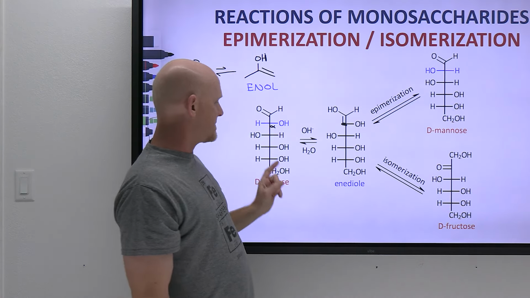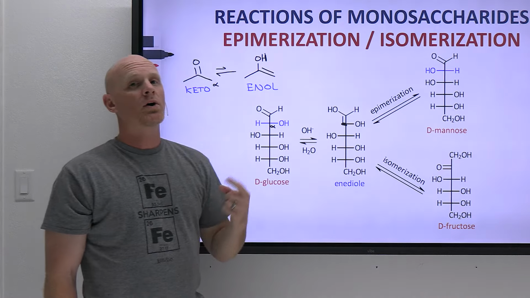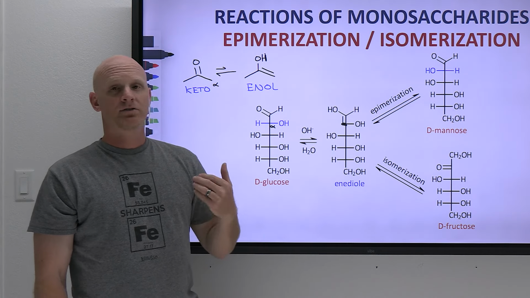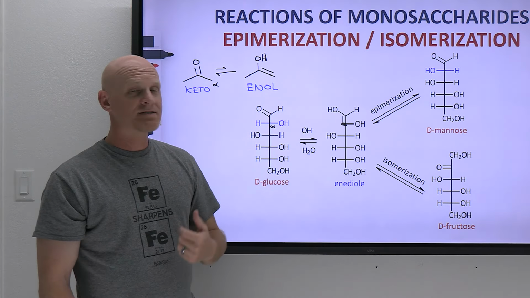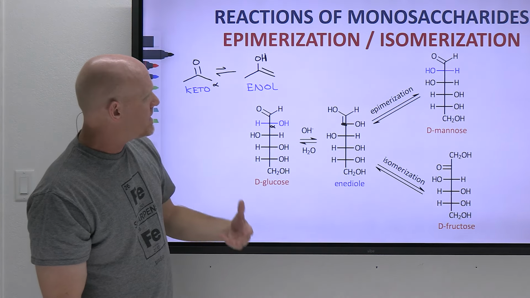So the D-glucose you start with and the D-mannose that you might end up with some of at the end differ in one chiral center. So they're a special type of diastereomer we learned about in the last lesson called epimers, and there's your epimerization reaction. Now the other option,